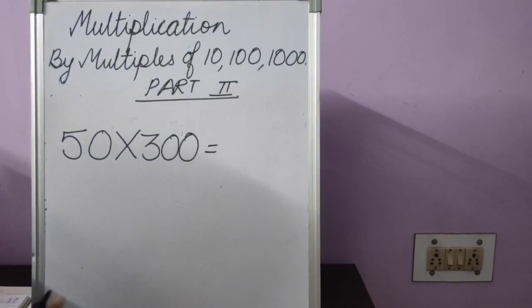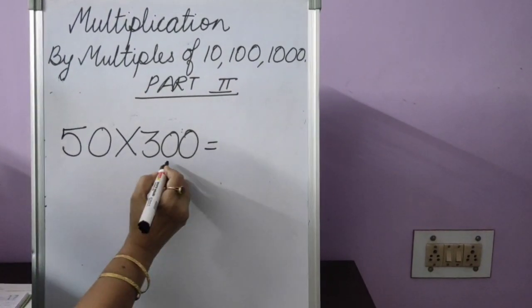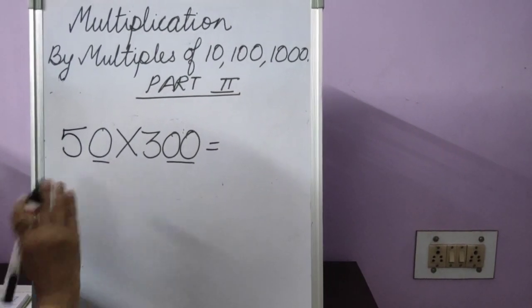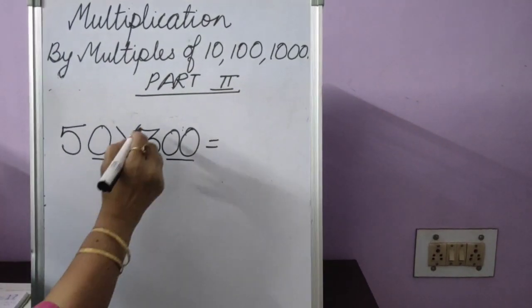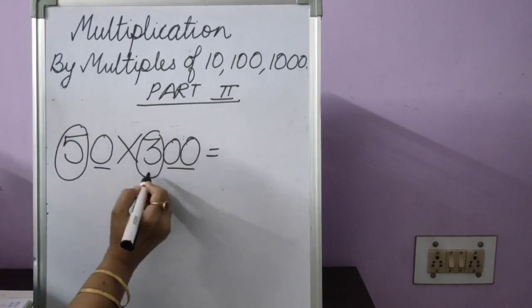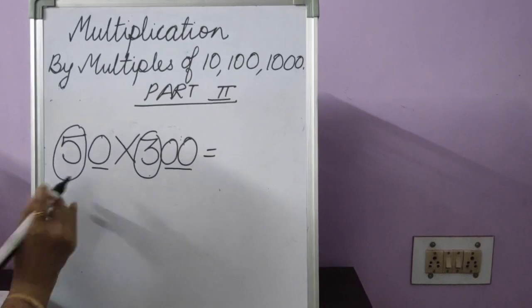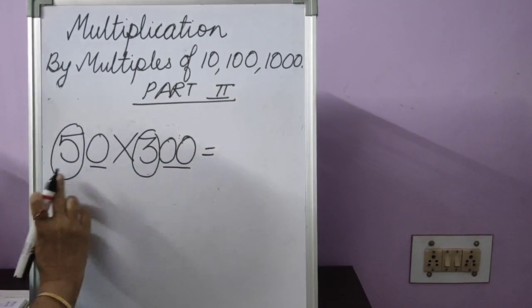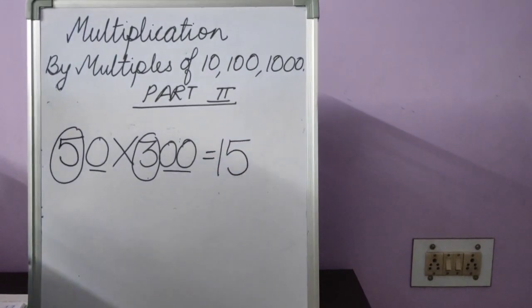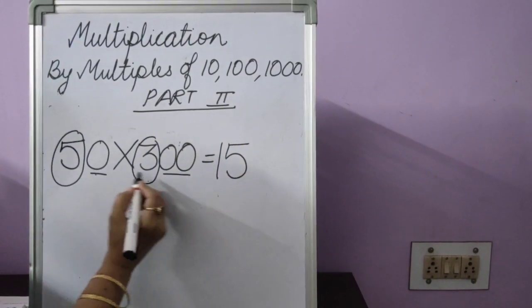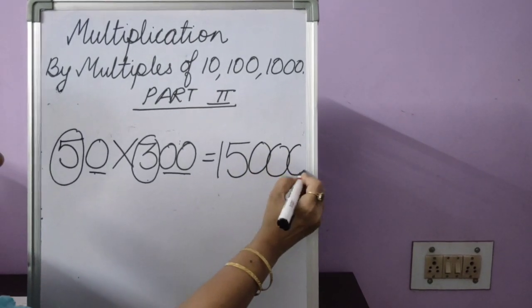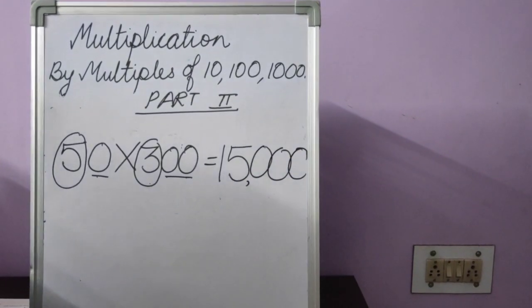Now what do we have to do? Very easy. Leave out the zeros for the moment. Don't look at the zeros on both the sides. What is left with us now? We have 5 over here and 3 over here. Simple. Just multiply. 5 3s are 15. How many zeros have we left out? 1, 2, 3. Right in front of that. What is your answer? 15,000.